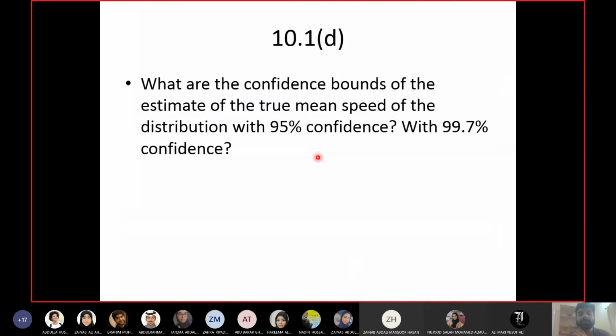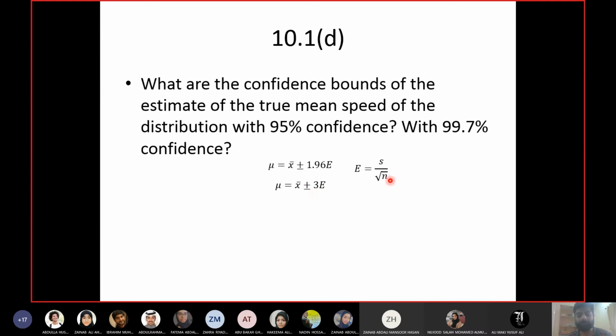Then we have to find out the confidence intervals for 95% confidence level and 99.7% confidence level. Okay, meaning the range of values for 95% of all drivers and 99.7% of all drivers. So this is applying the central limit theorem basically. So according to central limit theorem, 95% drivers are in this range, x bar plus minus 1.96 e, and 99.7% drivers are within this range, x bar plus minus 3 e, and e equals s upon root of n.